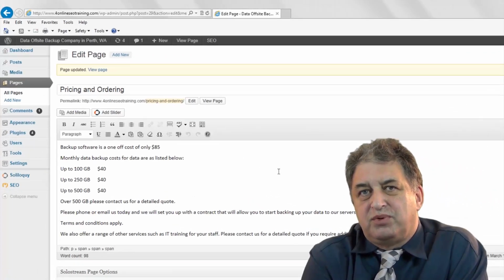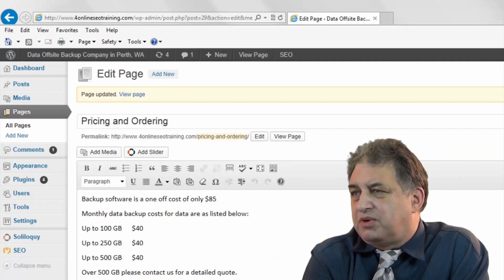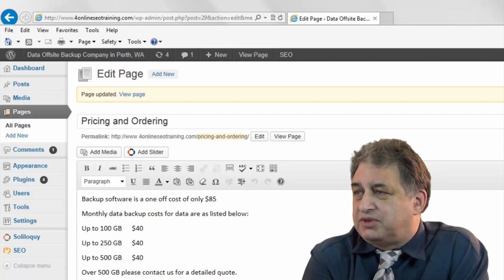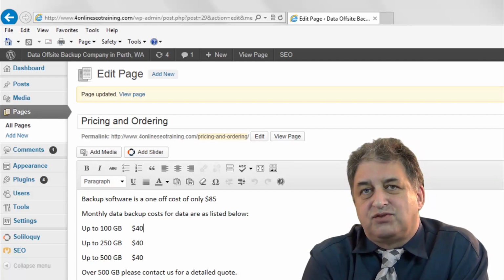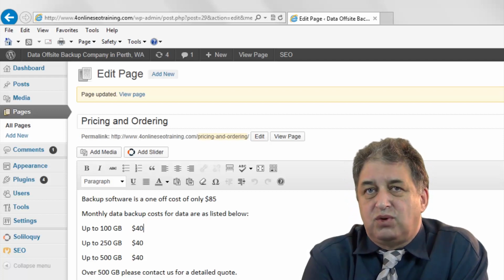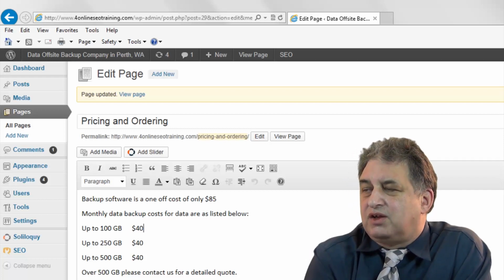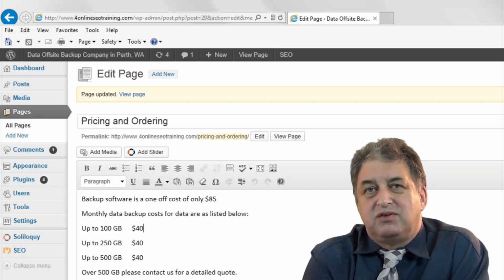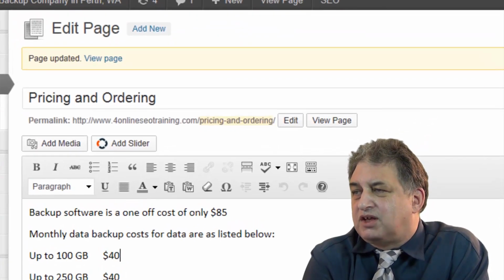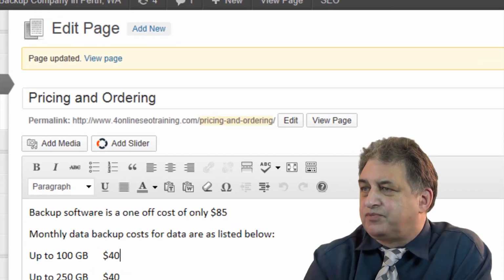If you're not familiar with WordPress, I'd strongly recommend you think about using WordPress if you're creating a new website. Alternatively, if you're using other software, you might want to think about converting to WordPress, because used correctly, WordPress is very, very easy to use and update, and it can be made very SEO friendly. Remember, SEO is search engine optimization.